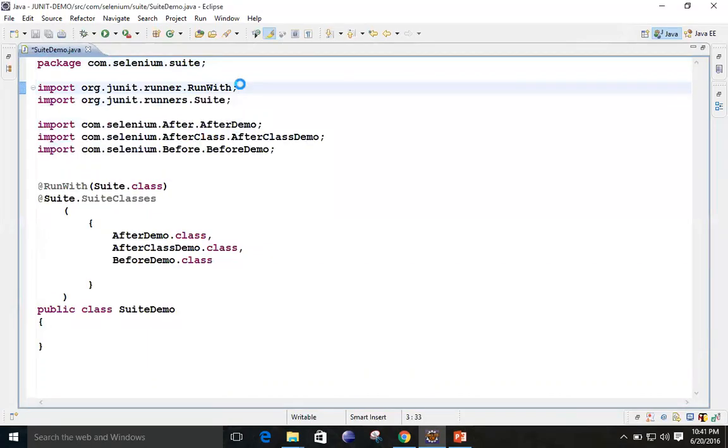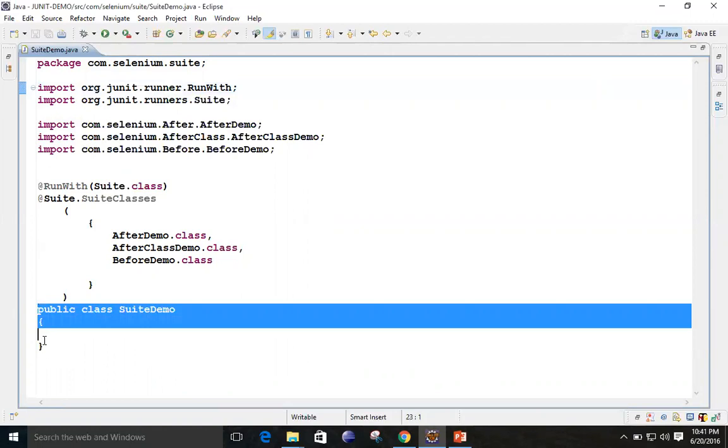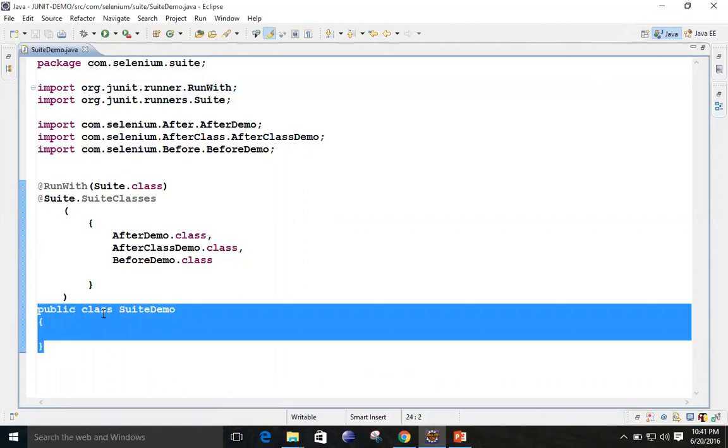Simply, here also you need to create a class. You can see this is the syntax of creating the class: public class, and the class name I have given is SuiteDemo. In this class I am not going to write anything. This class will be a blank class, because we will try to execute the test cases from some other packages.